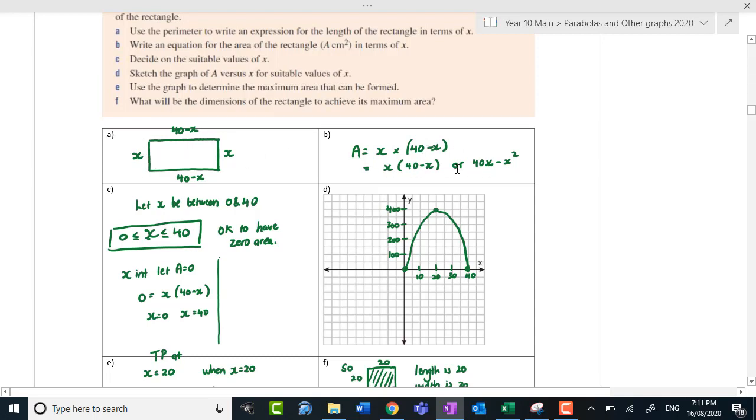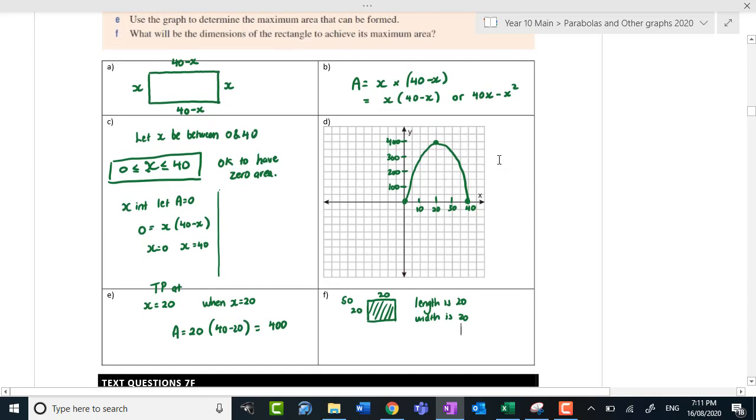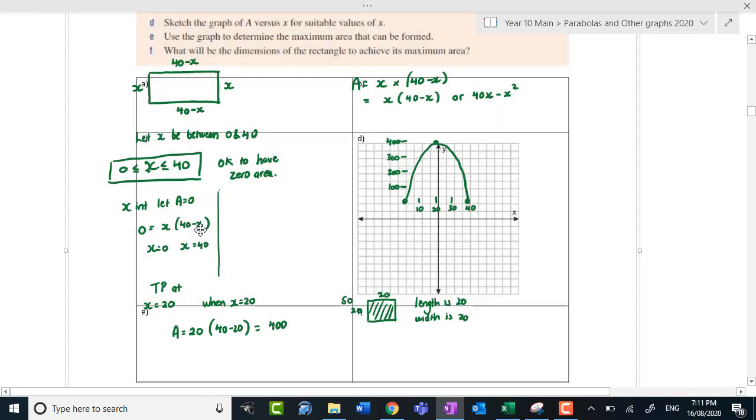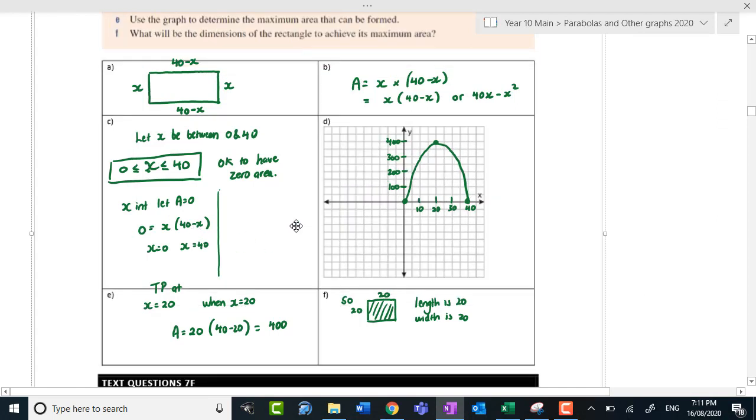Now we can leave it like that. Expanded, hopefully you can see, this is a quadratic. It's a parabola, and it's a negative one. Now, of course, I want to find the x-intercepts, that's when the area equals 0, so I want to find that. And you can see by the null factor law that x would have to equal 0, or x would have to equal 40. Now, of course, I mark those points, 1, 2, and we know that it's going to turn